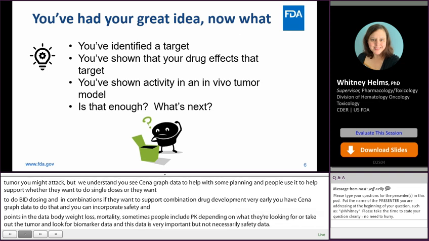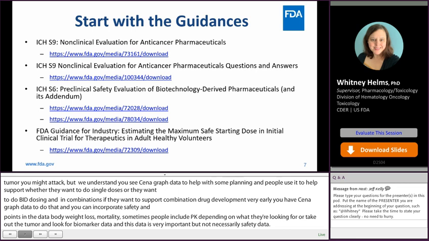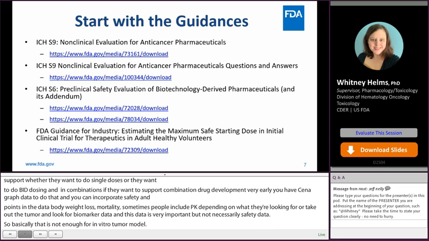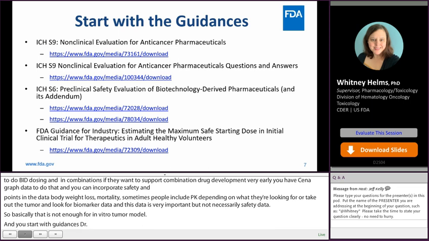So what's next? Well, you have to start with the guidances. Dr. Layton yesterday, I believe, gave an in-depth discussion on ICH S9 and how it was developed and the differences for oncology drug development versus development of drugs in many other therapeutic areas. Also, the ICH S9 Q&A document has a lot of good information. ICH S6 talks about biotechnology-derived products, so a lot of the antibodies, and it also has an